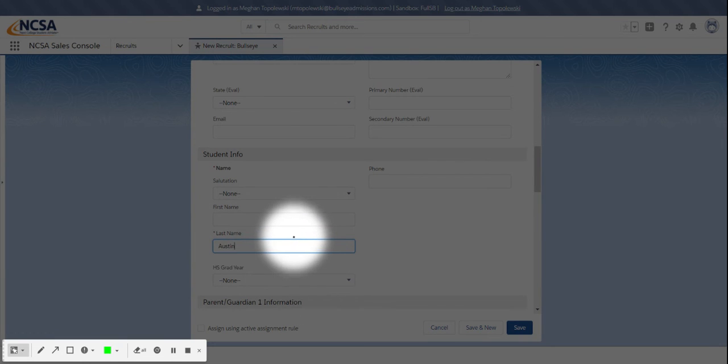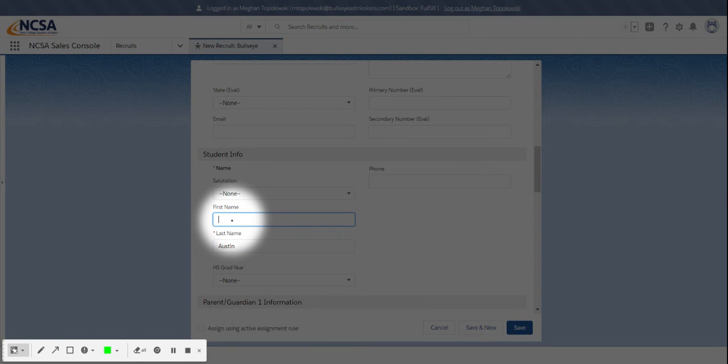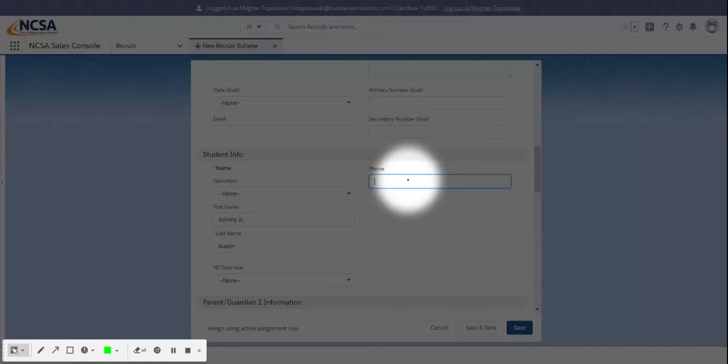What Austin's last name is, so we'll use Austin for his last name. We'll type in Austin, and we'll do Johnny Jr. for the first name, and all the information that you have,